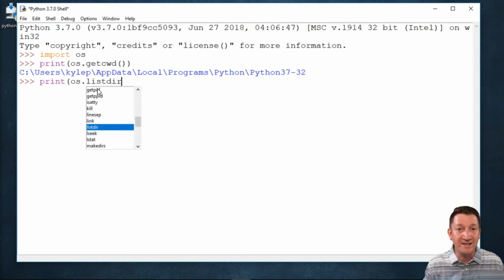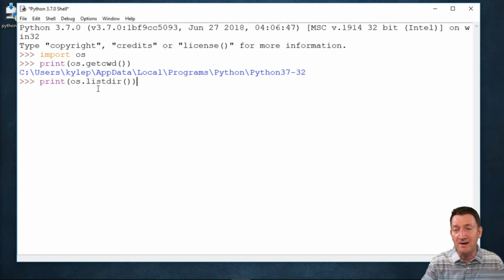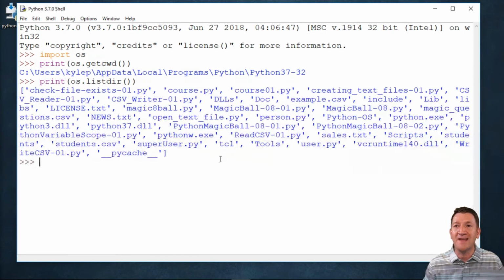listdir, or list directory. It's a function. I'm going to open, close the parentheses, close it for my print. And if I hit my enter key, this is going to give me a list of everything that's contained within that directory. And you can see that there's a few things inside it. There's some of the files that we've worked with so far, some other ones that I've been messing around with. But you can see all of the files, all the directories that are contained within that current working directory that we found earlier. So this is all by using the listdir function that's a part of the OS module within